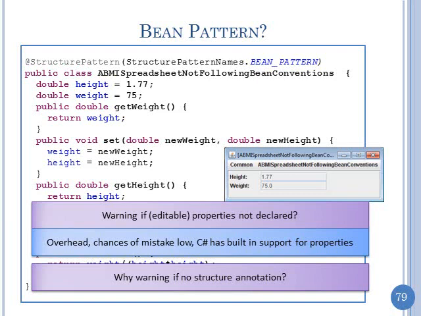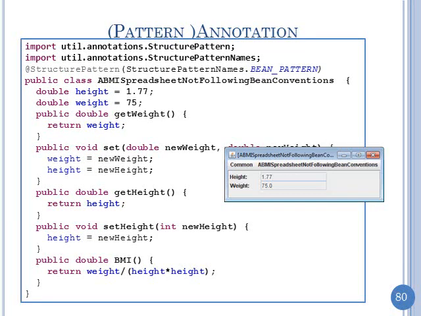Now I'm not suggesting you code this way. It's good to have the property name and the variable name the same so that you know that this method is modifying or changing this variable. But this is just to show you that